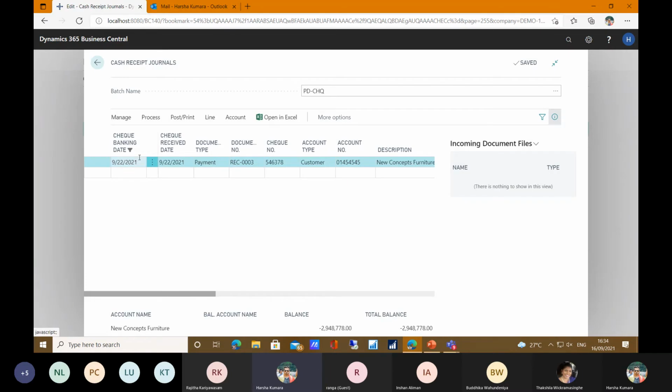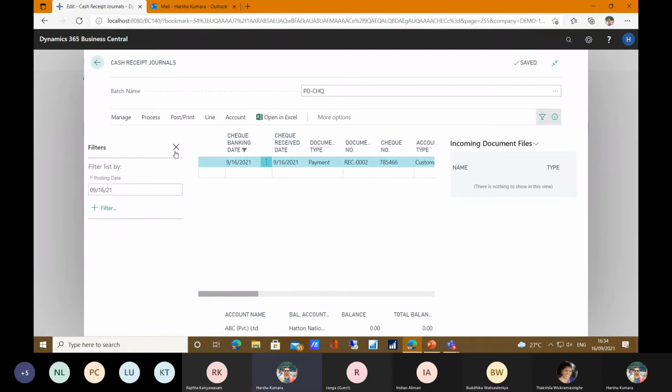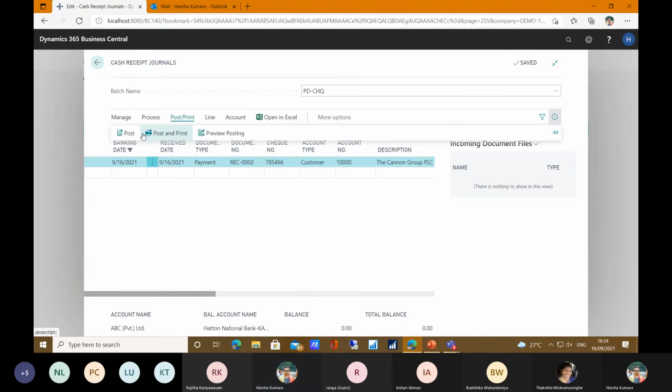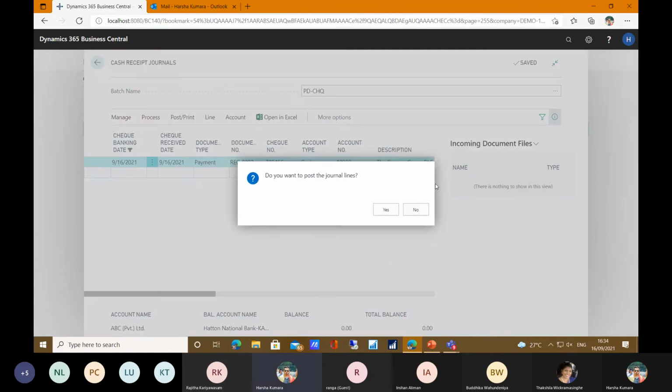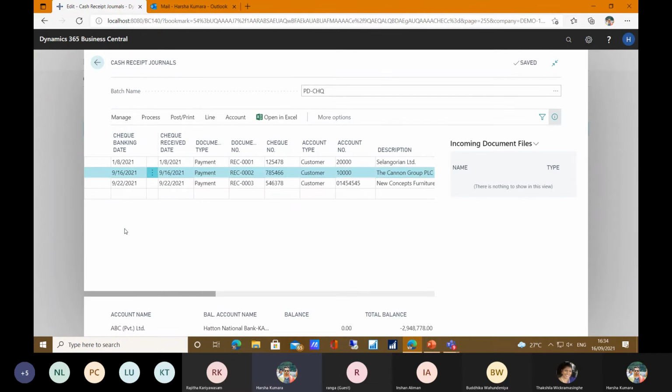Of course, all other checks other than this one we can post without any issue in the system. We filter and we can post. The system will show the posting level, and users can go ahead with the PD check posting. Once you post the checks, the system will update your AR and your bank account, and your customer subledger is also updated with this PD check payment.